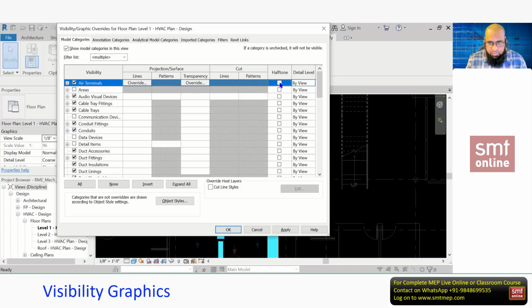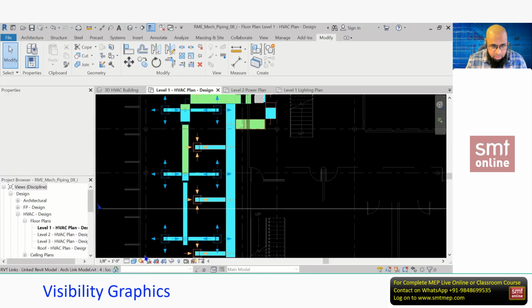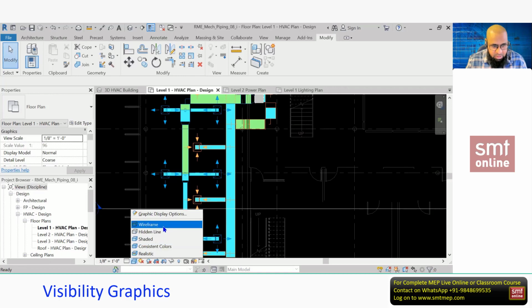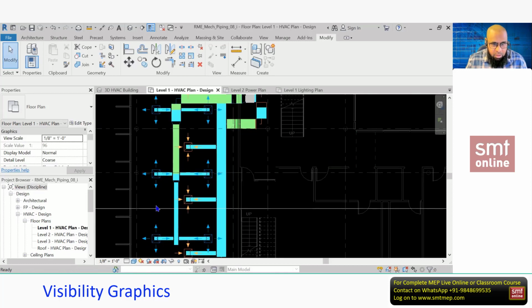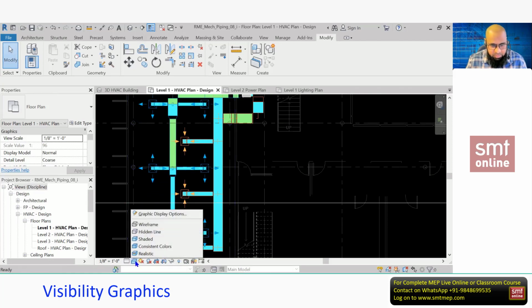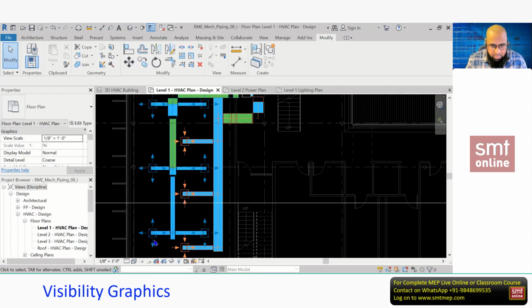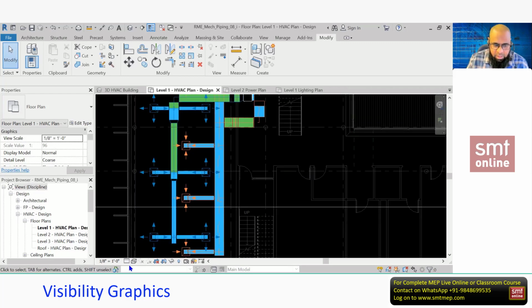One more option in the VG: by default, I can click here and change this to coarse, or I can update the visibility to wireframe or shaded here. But with this area, I can control the visibility. If you want, you can set it with the VG also. For example, for the duct, I'm selecting wireframe for the whole view. But when I do these changes, I don't want to change the visibility of the duct. The duct, I'm going to fix the visibility. For other items, I can control from here.